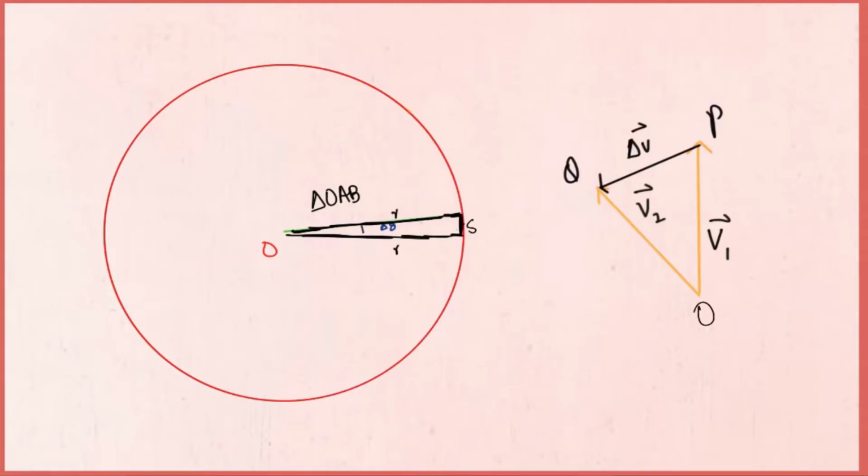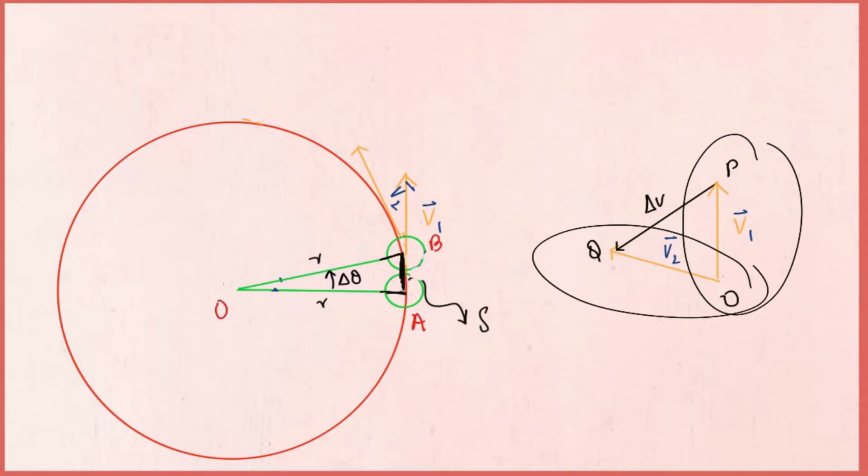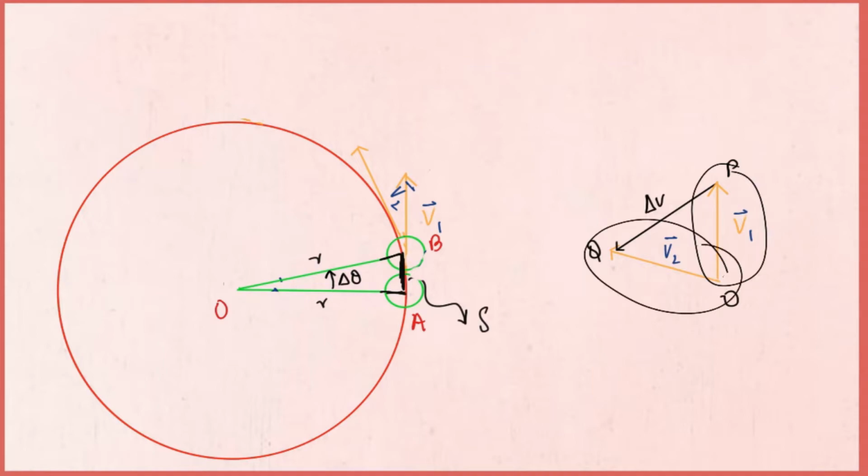Before we proceed further, there is one very important thing to know, and that is a geometry law which states that if two line segments have an angle theta in between them, then two lines perpendicular to these two lines will have the same angle theta in between them. In this case, this law means that if the angle between OA and OB is delta theta, then the angle between OP and OQ is also delta theta, as line segments OP and OQ are perpendicular to line segments OA and OB respectively, because these are the same velocity vectors. In short, this angle is congruent to this angle.